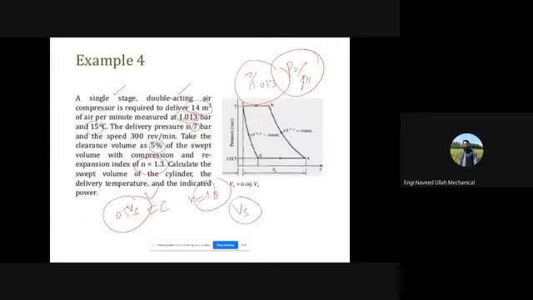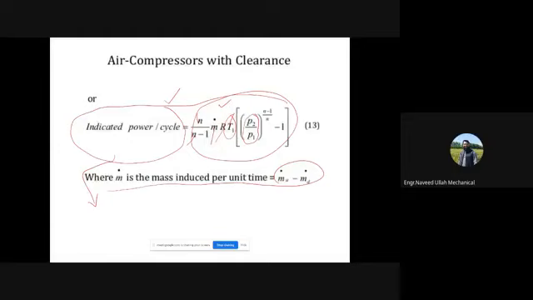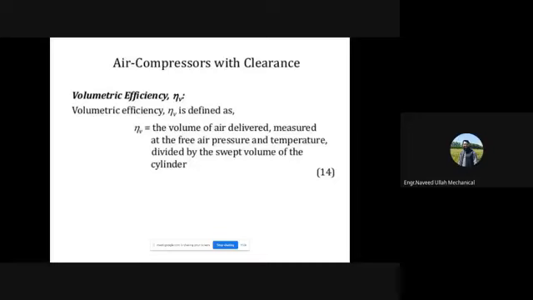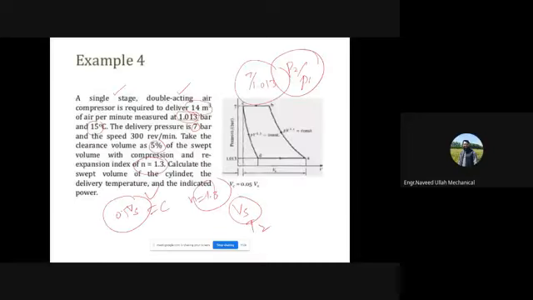एंड द डिलीवरी टेम्परेचर T2 आपने फाइंड आउट करना है, एंड द इंडिकेटेड पावर एंड में जो ये आपके पास है, ठीक है, दिस इज इंडिकेटेड पावर, ये आपने फाइंड आउट करना है। तो T1 आपके पास है, P2/P1 आपके पास है, n आपके पास है, एंड मे बी कुछ चीज़ें जो है वो आप T1 आप फाइंड आउट, T2 आप फाइंड आउट कर लें, और जो है ना फिर आपने VS फाइंड आउट करना है, ये आप खुद से कर लें। अच्छा, दिस इज सॉल्व एग्जांपल बेस्ड ऑन द सिंपल रिलेवेंट फार्मूलाज।